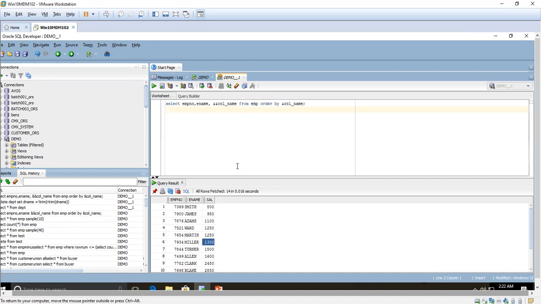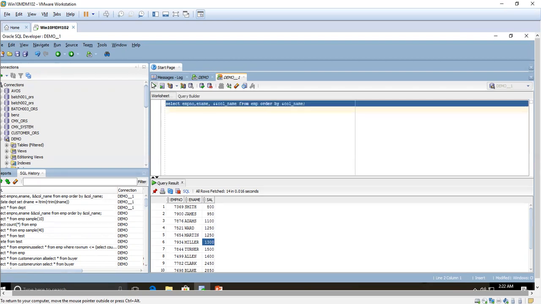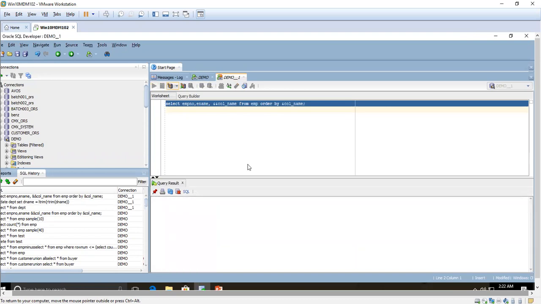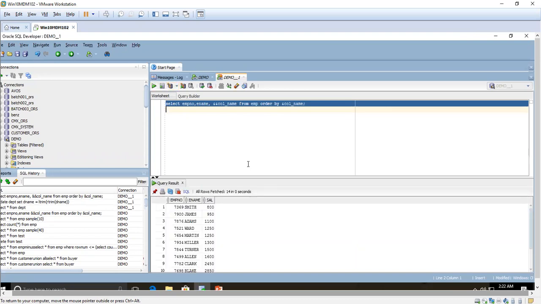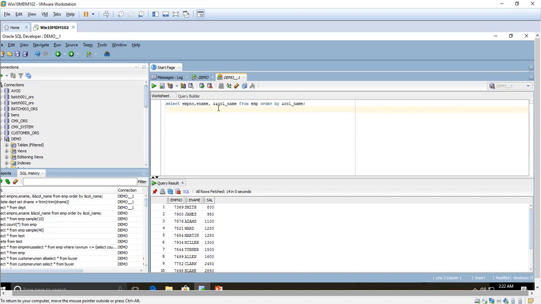Now again, if you execute it, it will show the same result. Here it is not prompting the user to enter the value. That means it is not asking the user to input the value. If we use a single ampersand,